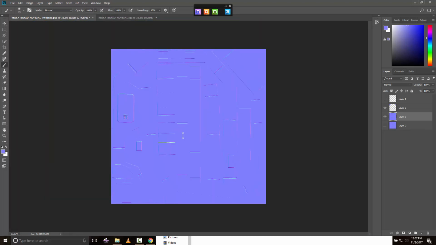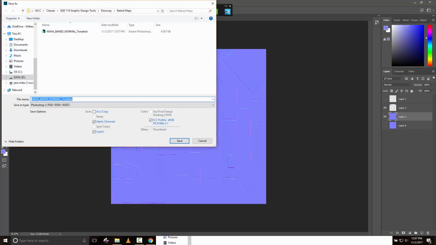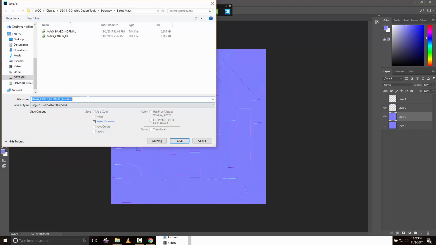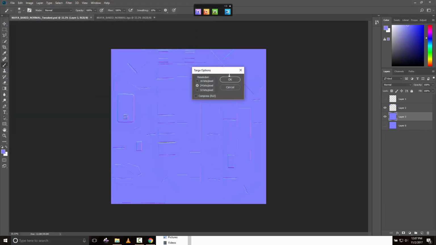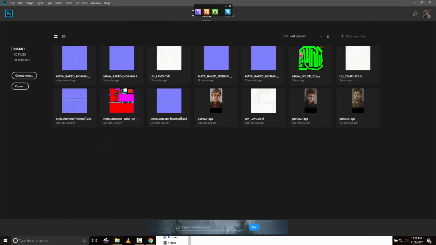All right, so let's save our PSD file, Control Save. Then let's go File, Save As, save our Targa. Where's my Targa? Right here, TGA, Targa. And once again, I'm going to capitalize these just so it stands out a little bit easier. 24-bit, yes. And there we go. Let's close that. And go to